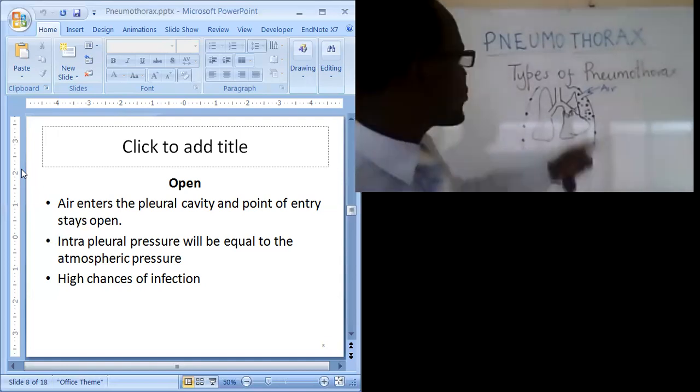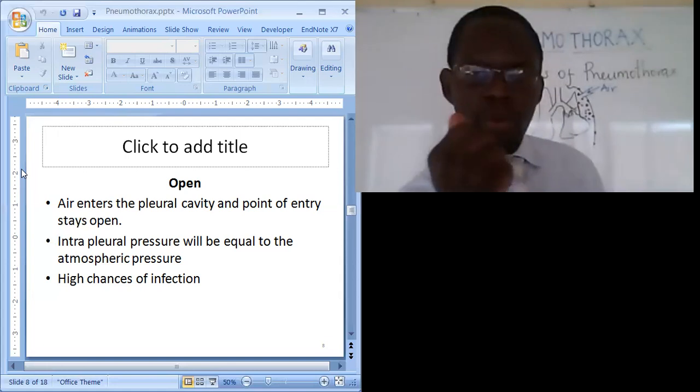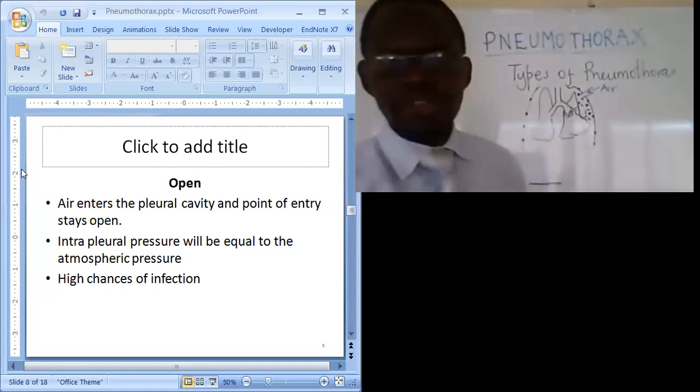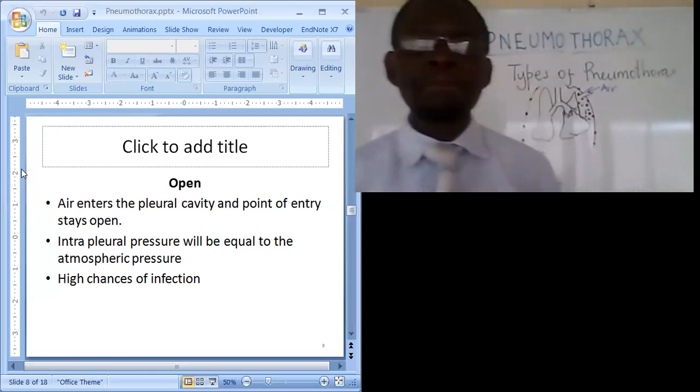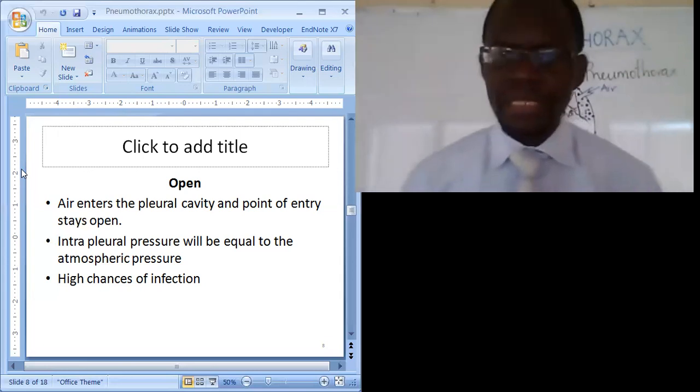However, the point that usually stays open is the external one. For example, if you get a stab, or if you're shot, this point of entry usually stays open. Now, maybe one thing that I should have explained in the first place is